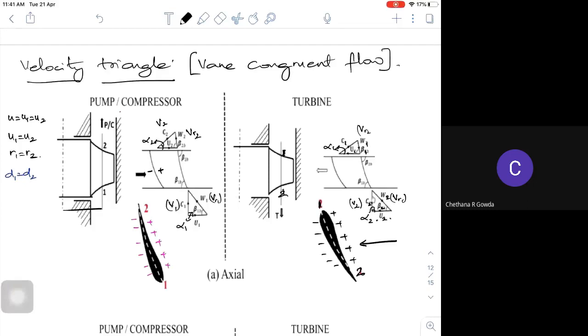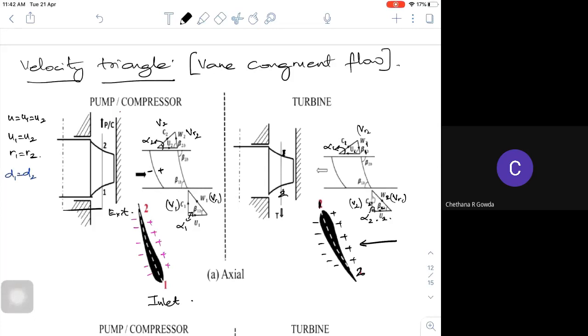Now, if I take a similar kind of axial flow machine, which has to work as a pump or a compressor or a turbine: if it is a turbine, it is on the right hand side, and pump or compressor on the left hand side. Suppose 1 is the inlet and 2 is the exit. Fine. So what I do actually, now I have written plus and I have written minus. So your concave surface is pressure side and your convex surface is my suction side. Fine.